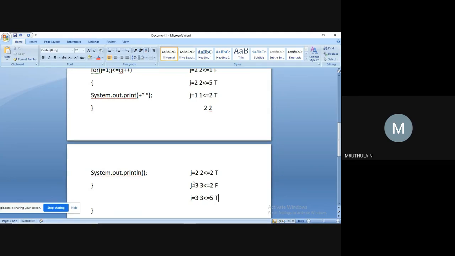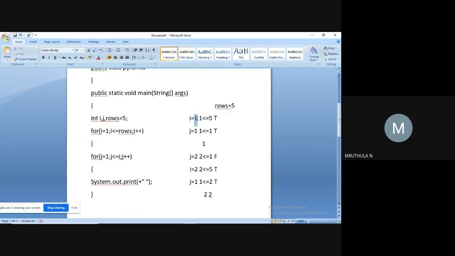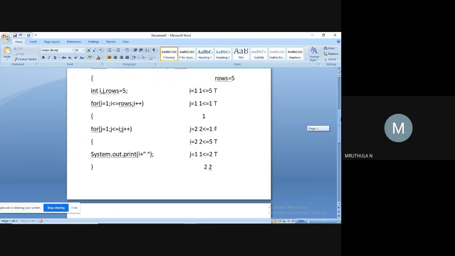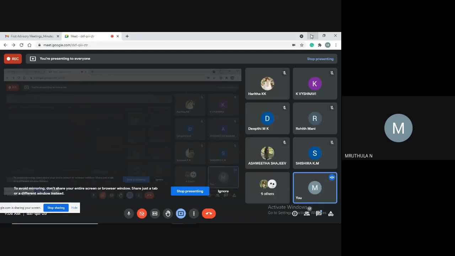Condition is true. Okay, so here whenever i is equal to 1, we need to print 1. Or whenever we want to display the value 2, the value of i is also 2. So the variable i should be displayed. Is that clear to you?